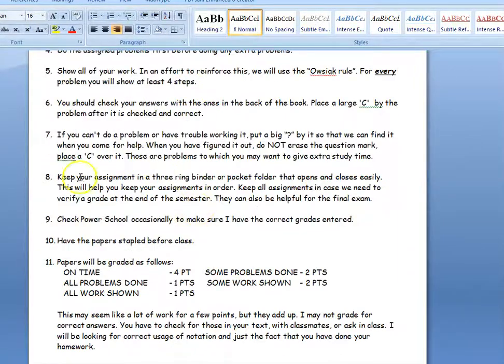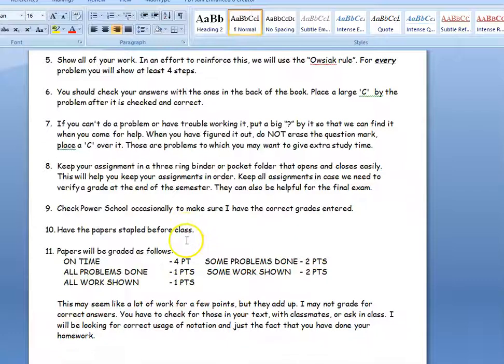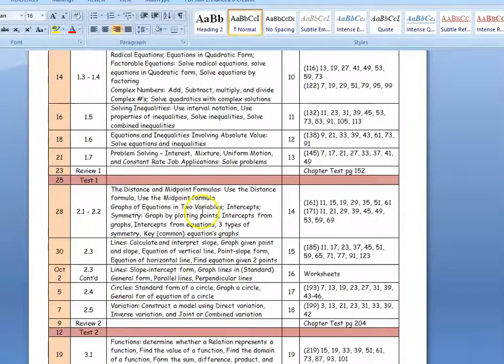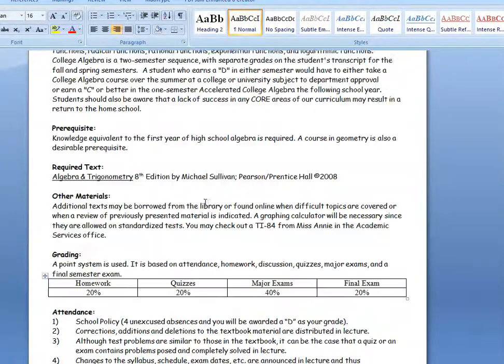I've got an example to show you, but each of these assignments is worth 10 points, and this is how I try to break it down to give you some idea. On time, some problems done, 2 points; all problems, 1. So this really starts adding up. There's 4, 5, 6, 7, 8, 9, and 10 for some work shown, all work shown. It seems like just a few points for a lot of work, but we're trying to get you ready for the tests so you don't have to do a lot of restudying, which gets you ready for the final, so you don't have to do a lot of restudying for the final. That's our goal: have you practiced this so much that you're good to go.